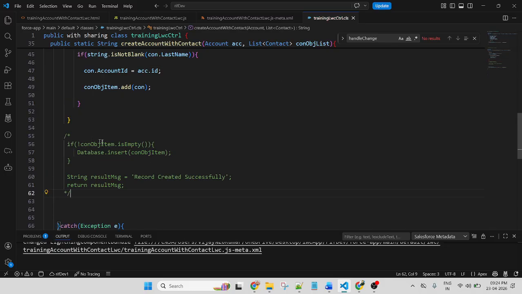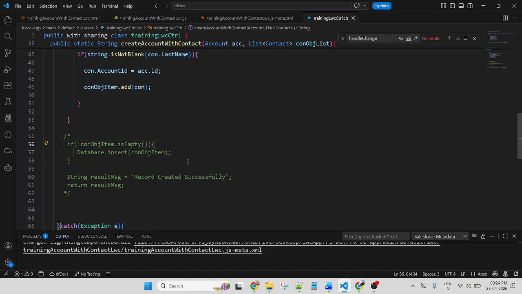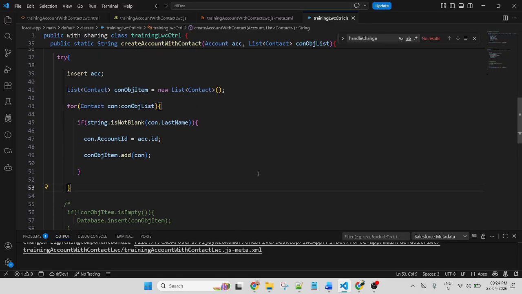I want to display how many records succeed and how many fail. Right now all records are created successfully, but let me display it in the toast message. So now let me make some changes in the method.